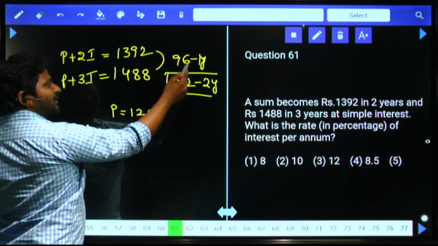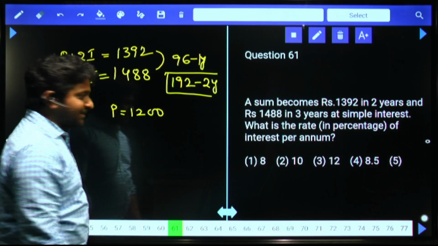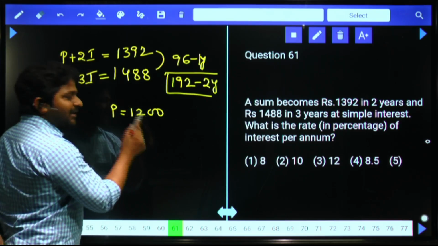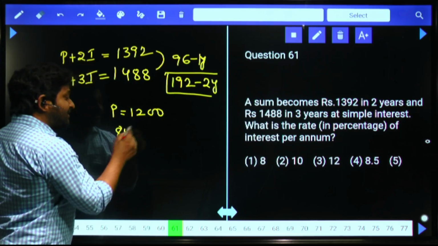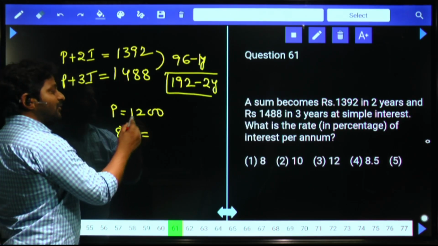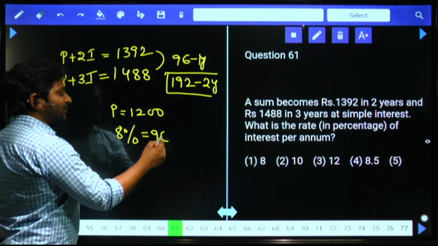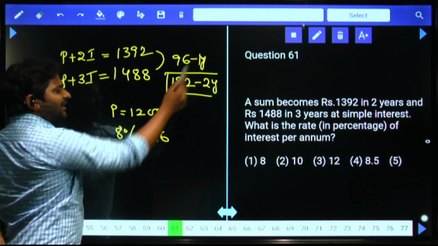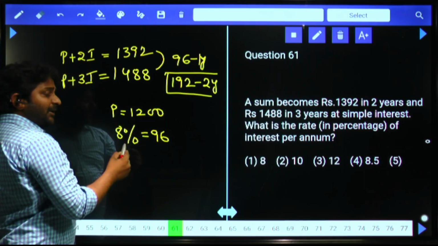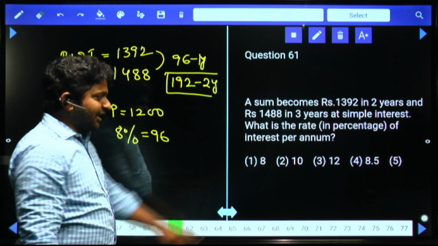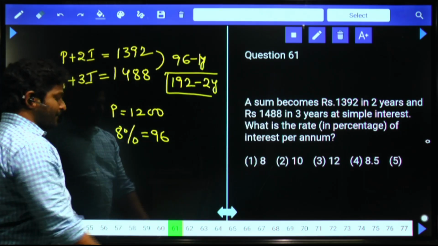And you already know that 1 year interest is 96. 1% of this number is 12. Then 8% of principal is equal to 12 into 8, that is equal to 96. So 96 is the 1 year interest, so with respect to the rate of interest, it is 8%. 8%, first option is the answer. Next,